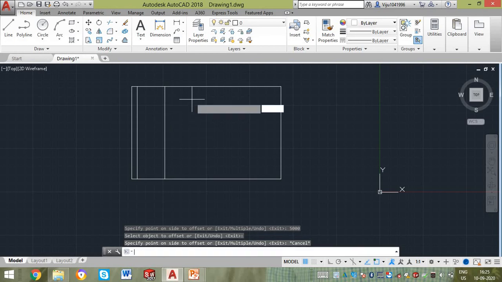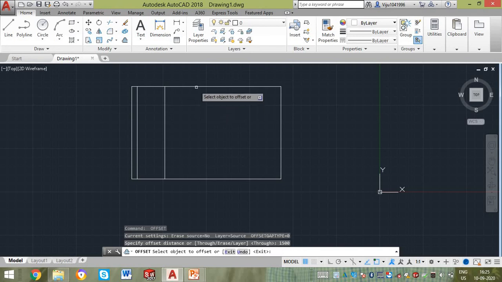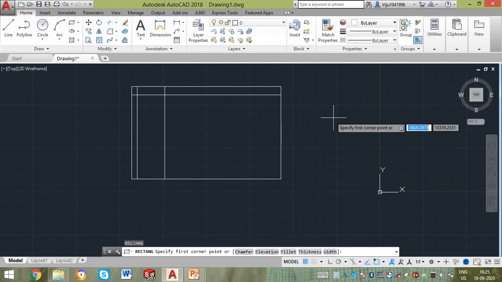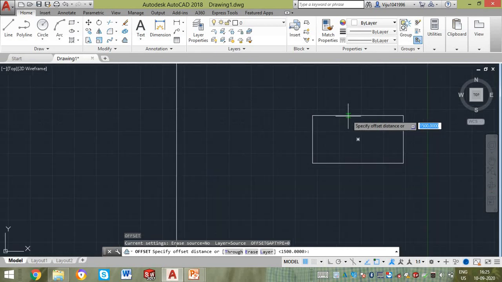This is used while creating offset lines. In civil they will use it for wall creations. In mechanical they will use it for offsetting particular lines, generating the center lines of a particular component or something like that.